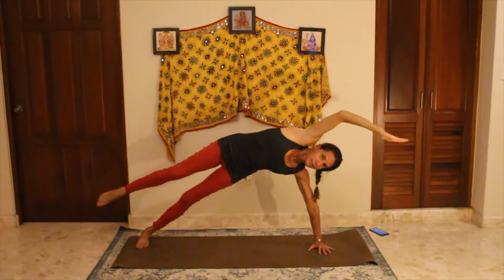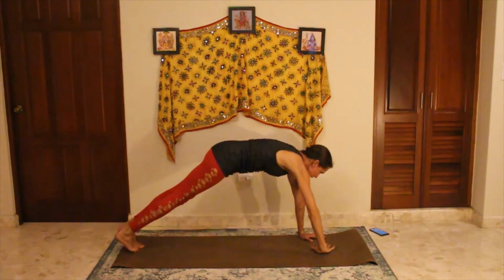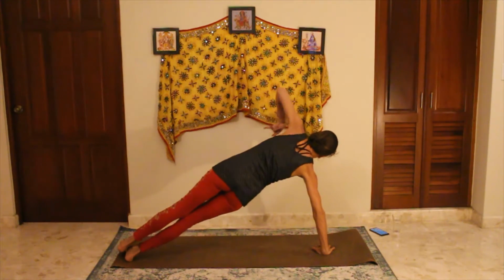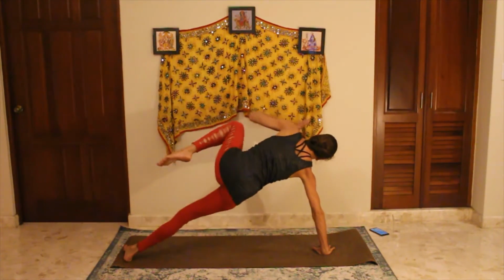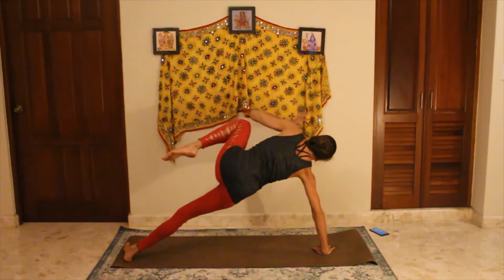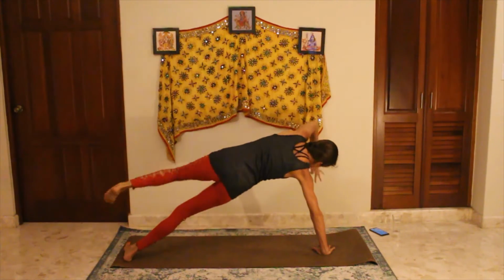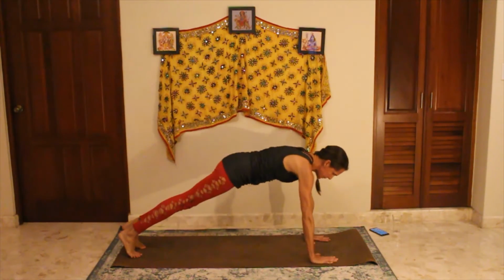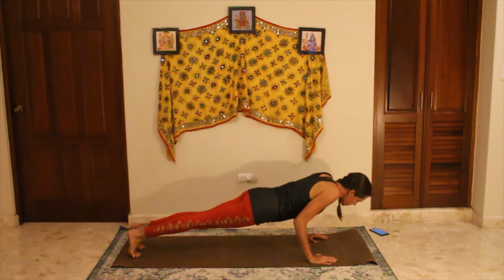3, 2, last one, pivoting around, putting the right hand in the middle of the mat, coming over to your opposite side plank, extend that left arm, knee to elbow for 5, 4, 3, 2, last one, pivoting back around, plank, option to drop to knees, lowering down either all the way to the mat or chaturanga, coming up to